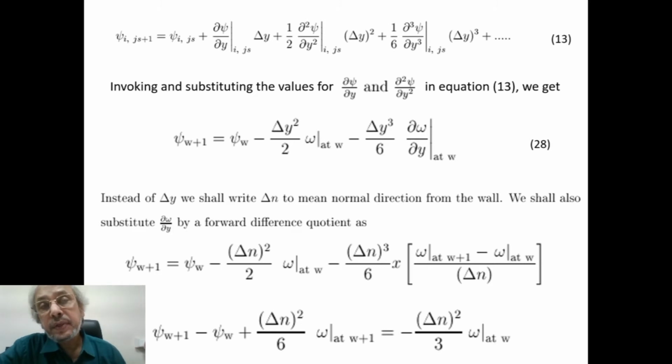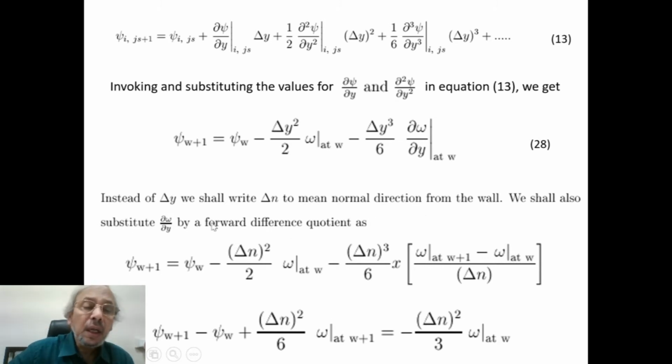But the solid surface may be horizontal, may be vertical, may be inclined. Then we have to consider basically the near wall point in the normal direction. So delta y is substituted by delta n, the normal direction from the wall,